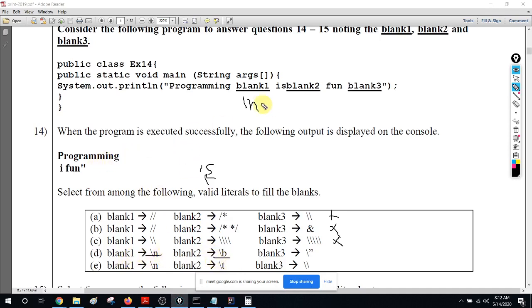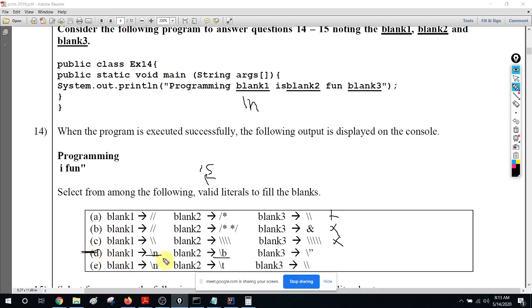That is why your SC is now missing. Remember, there's an S here, and that S is missing because there's a backspace here. Then it is replaced by this space, then "fun". And the third one, I don't know what is needed, because you have a double quote now. This double quote is not going to print, but it is printing the double quote also. To print a double quote, you need \ double quote. So the answer is D, right? Answer is D.